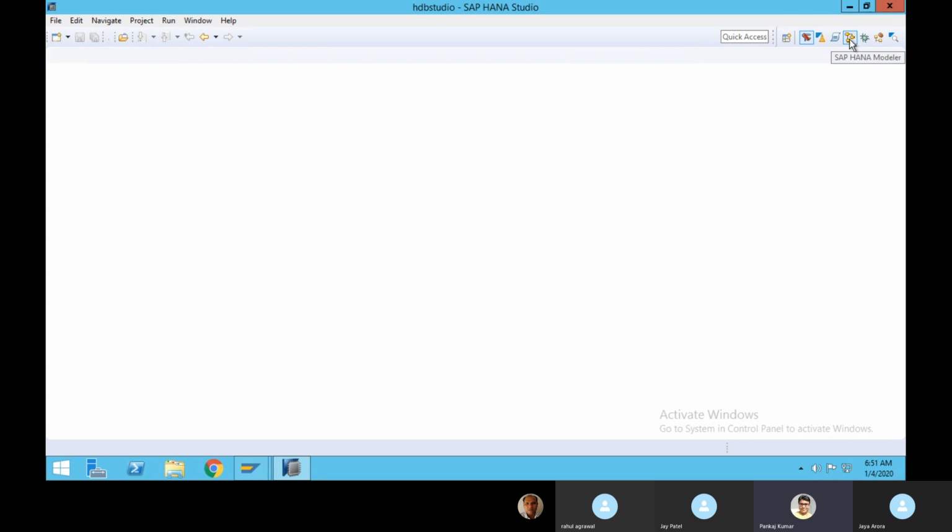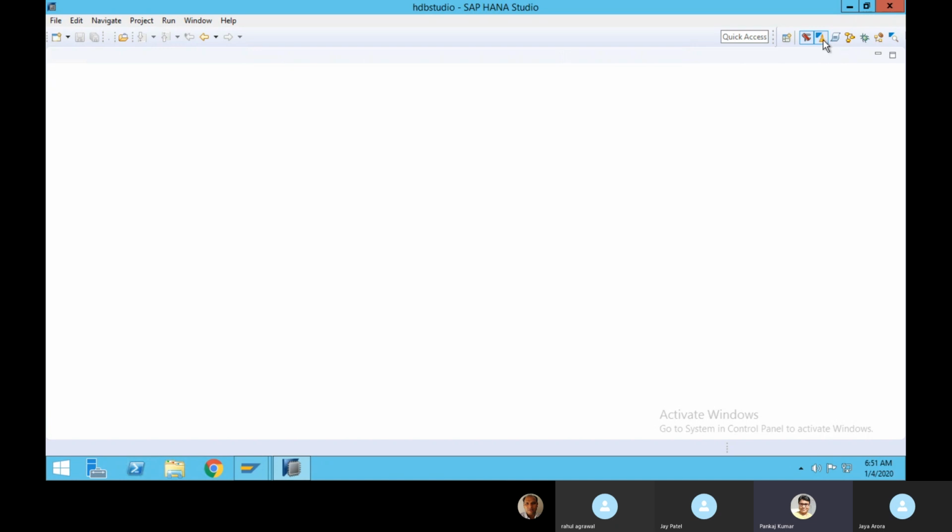We are more bothered about the SAP HANA modeler, and one more. Just I will show you: this SAP HANA development and this SAP HANA modeler. These two we will mostly require, and sometimes this ABAP one when we are learning our CDS view and AMDP procedure.